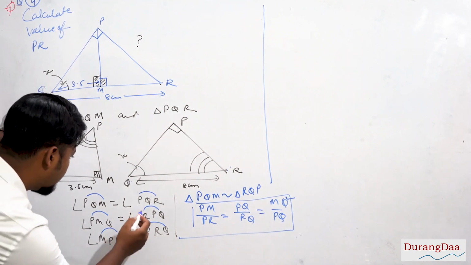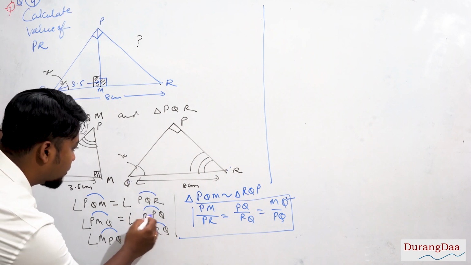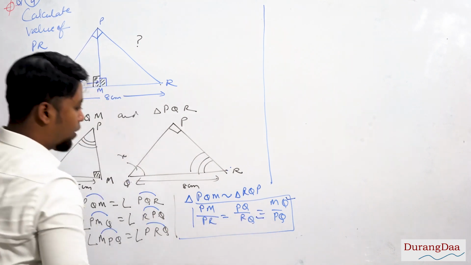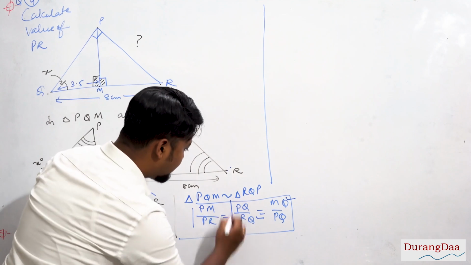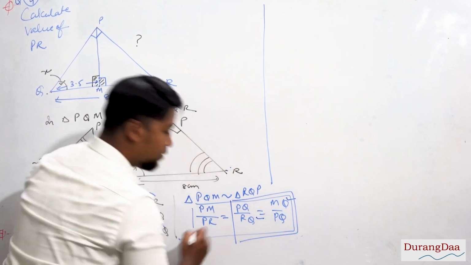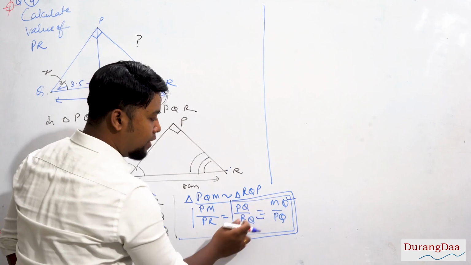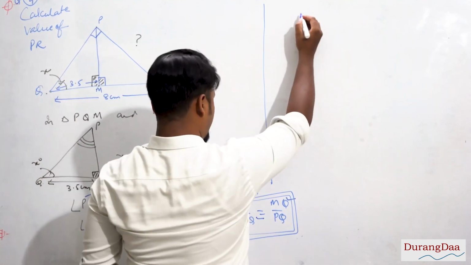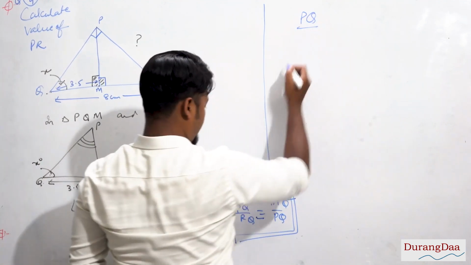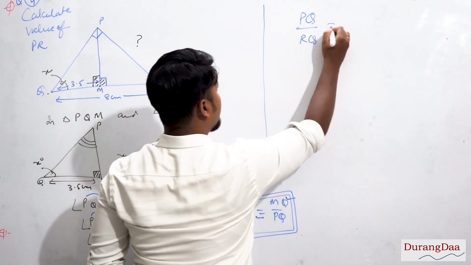Where is QR? This is QR. Here we have QR. Okay, so that means we have to select these two terms, because we are having two known values here. So I'll just write it separately: PQ by RQ equals to